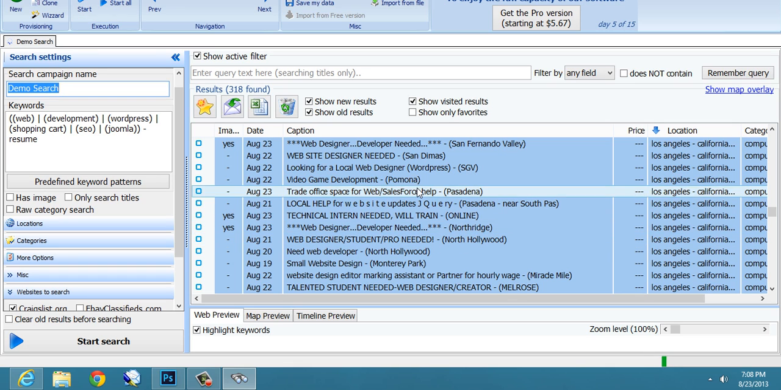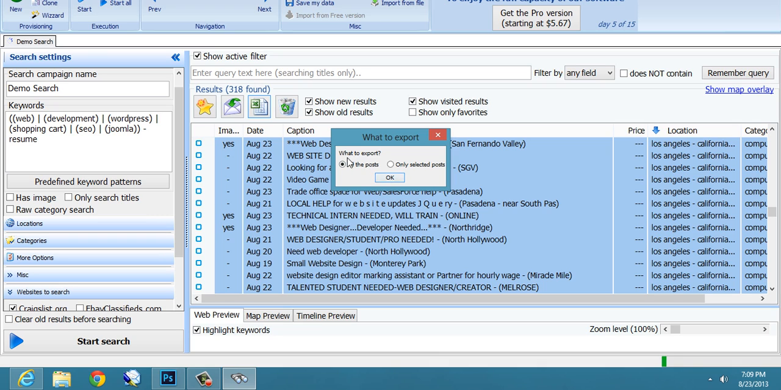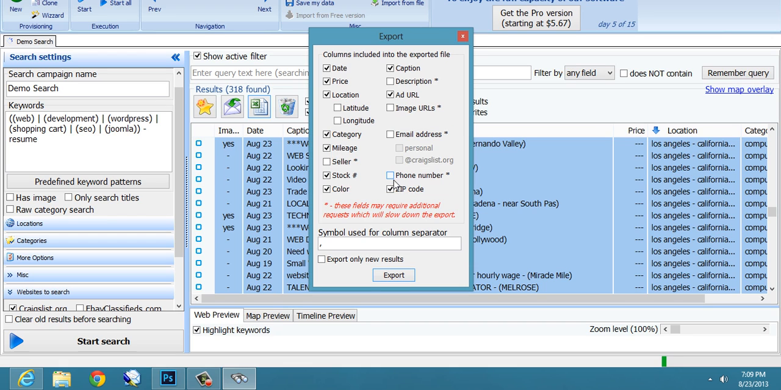Okay, and basically after your search finishes, you can go over here, click on the spreadsheet icon, and it's asking you what do you want to export, all posts or only selected posts. So if you want to be a little bit pickier and go through each listing and pick which ones are applicable, be my guest. But usually you can accomplish that by just using selective keywords and negative keywords. And